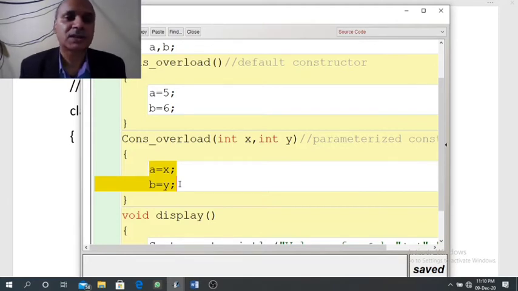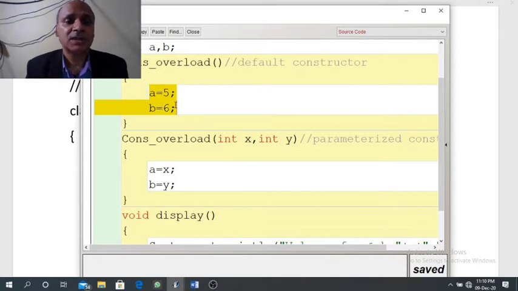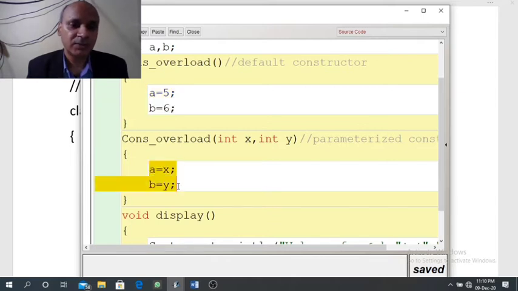So both the constructors have same objective of initializing a and b. In case of default constructor, we initialize a and b with any constant value of our choice, but in case of parameterized constructor, we initialize the instance variable with the values taken from the user's choice.